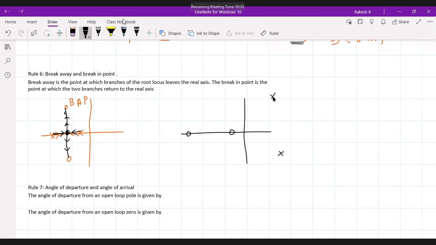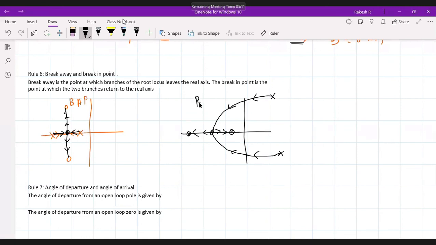So the root locus starts from the pole here like this. It comes here in this manner, merges with the real axis. Similarly, it comes here like this and it merges with the real axis here. This is the root locus, how it is moving here. So at this point, it merges here and again it breaks and moves towards 0 here. Moves towards 0 and merges with 0 here.